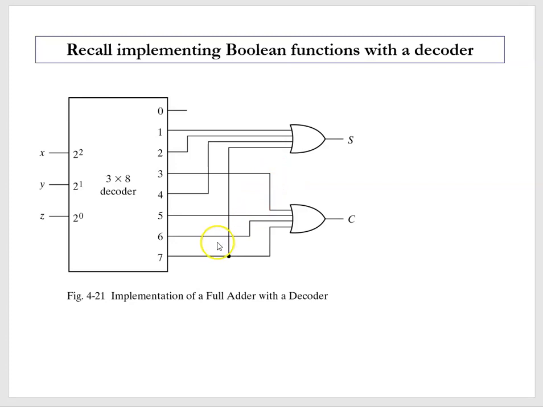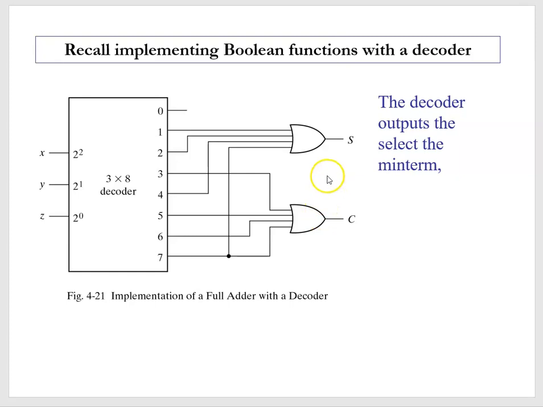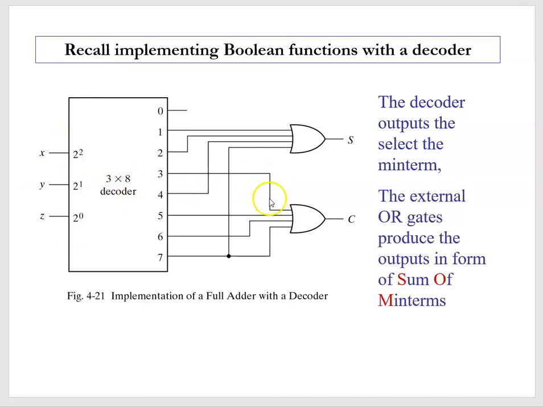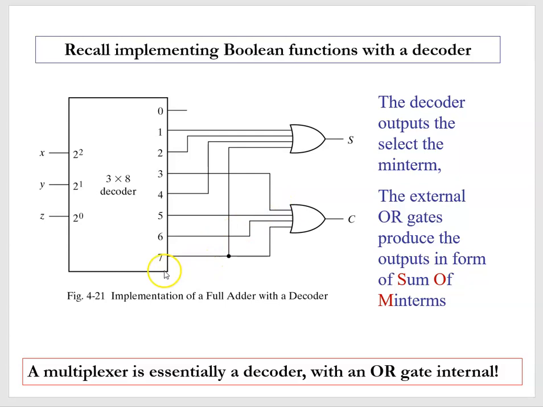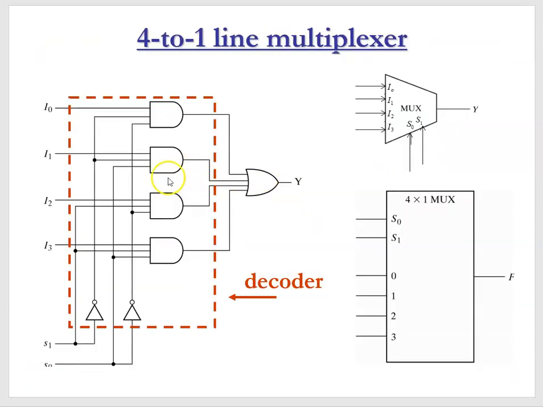of minterms. And this is an example of the full adder where we have two outputs, the sum and the carry. So the decoder's outputs select the minterm represented by the inputs. The external OR gates produce the sum of minterms for our outputs. Well, a multiplexer is essentially a decoder with an OR gate external. So it only has one OR gate external, so it can only implement one function as opposed to this one implementing two functions. So here's our multiplexer, which has the decoder, but it also has the one OR gate internal